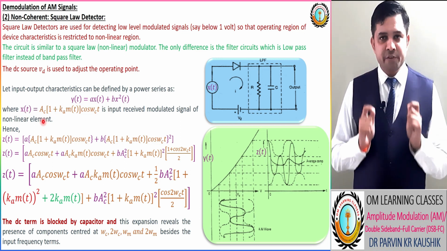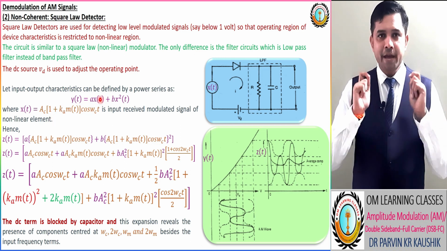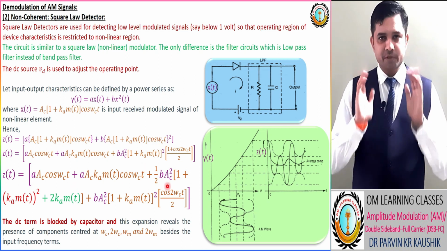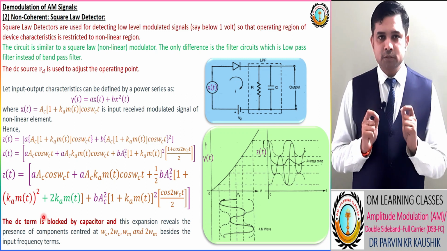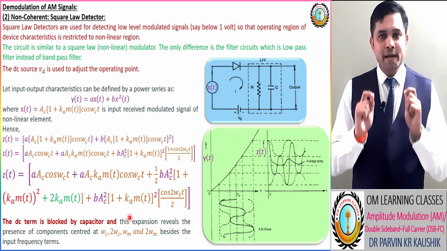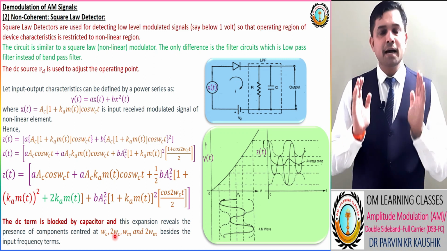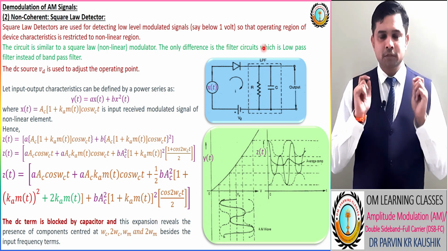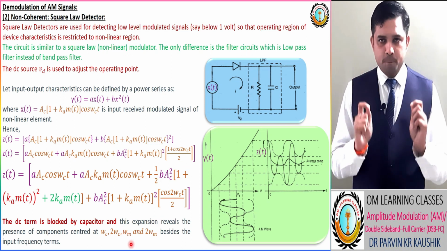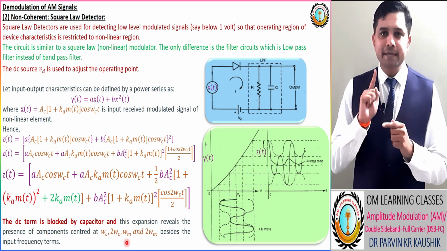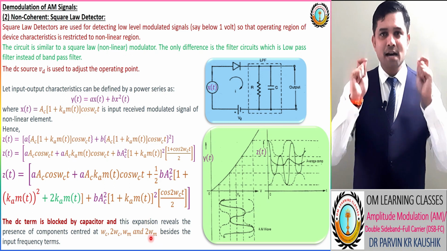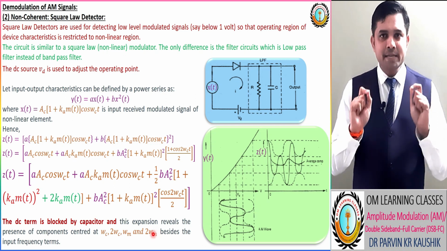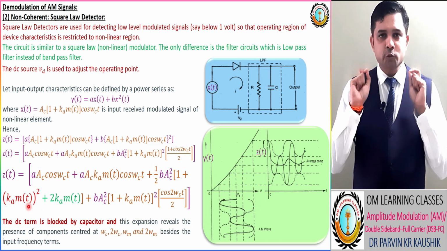As per the observation of this equation, we have the DC term, which is blocked by utilizing a capacitor after the low pass filter. Now we have other terms which are centered at omega c and 2 omega c frequency. They are easily filtered out by the low pass filter. Now we have the term centered at omega m, that is our desired modulating signal. And one term is also there, that is centered at 2 omega m, that is corresponding to m square t.